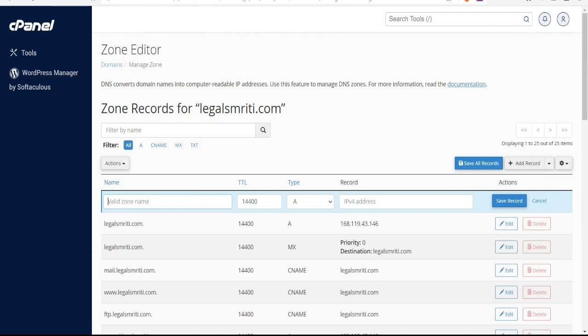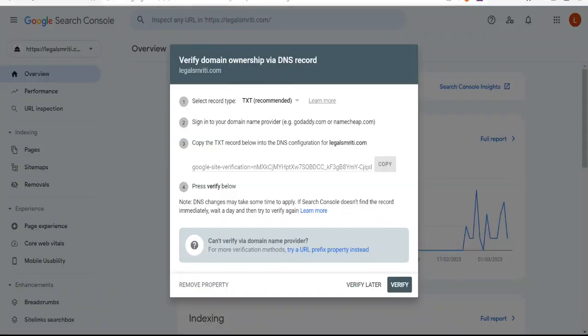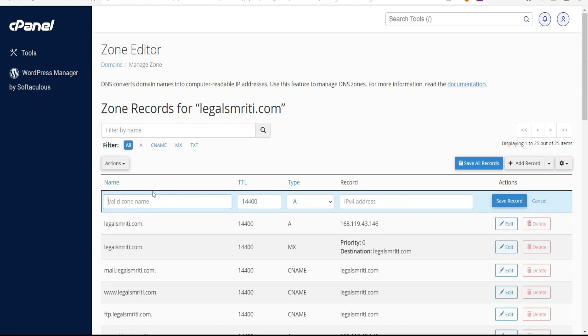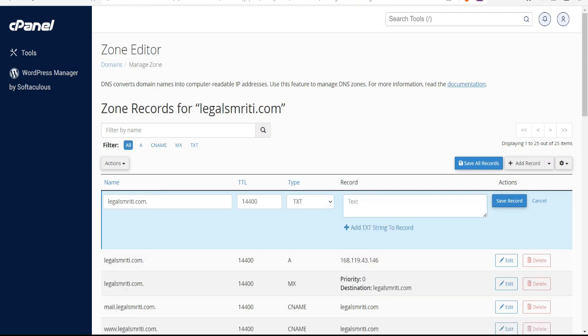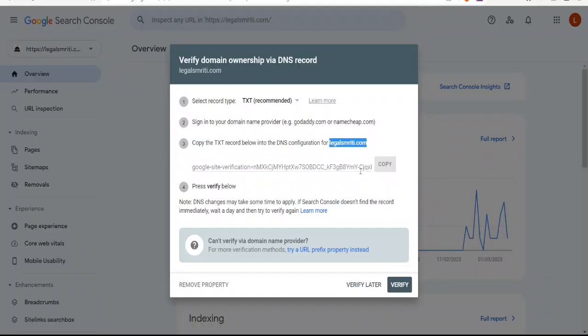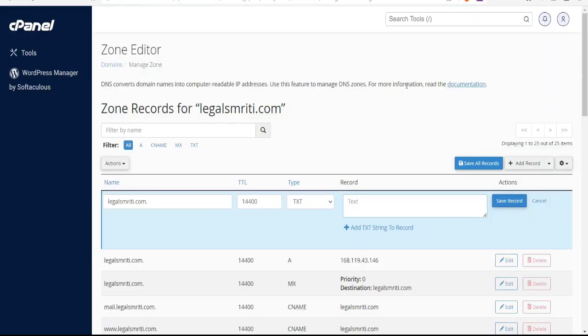So we'll go to the search console and we'll click the domain name. We'll copy the domain name and we'll simply paste it here, and from here type, you'll select txt and you'll come again to this. You just copy this and go to the cPanel and paste it here and hit save record,